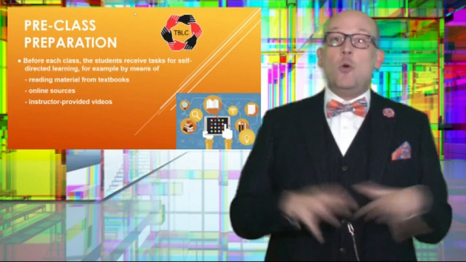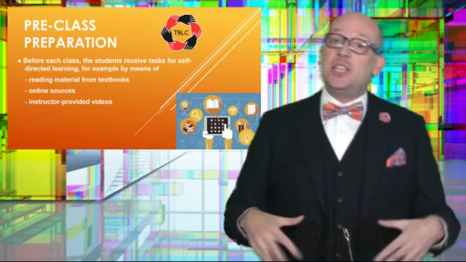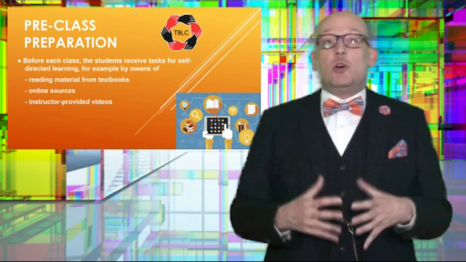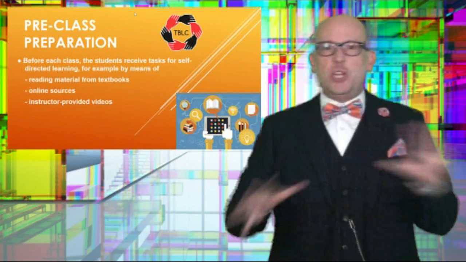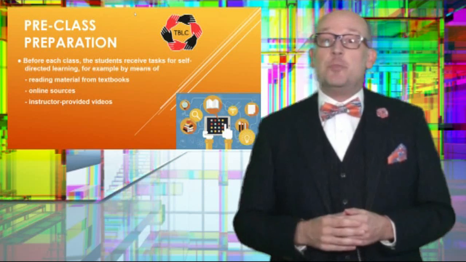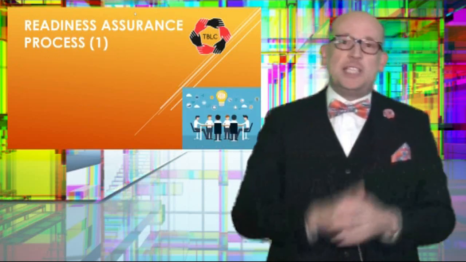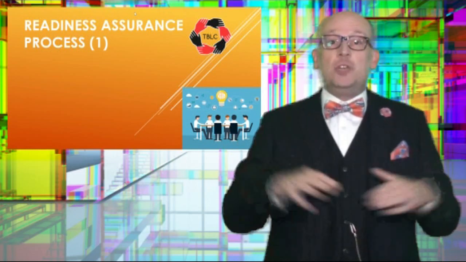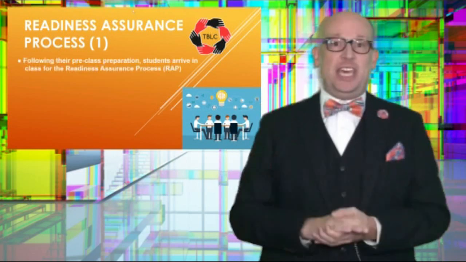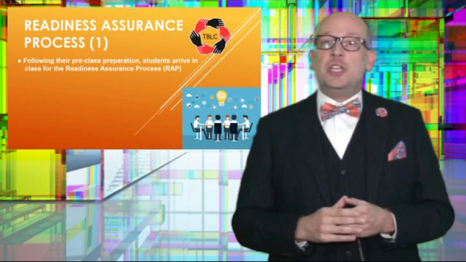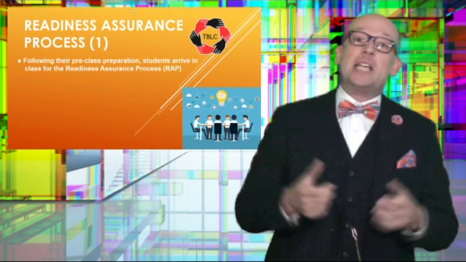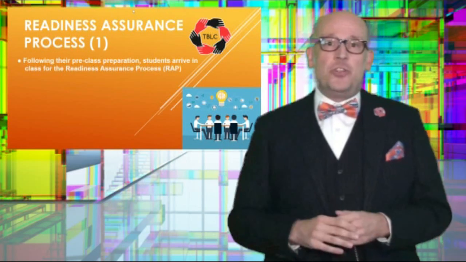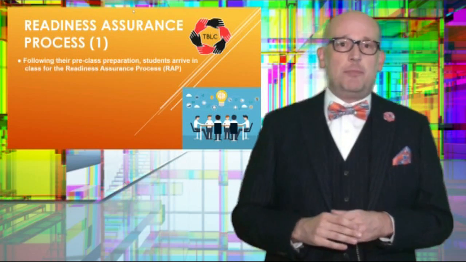When the students come to class, they enter the second stage of each team-based learning, the so-called readiness assurance process, for which about 20% of the in-class time should be reserved. It means that you, as the instructor, need to make sure that your students are ready for your in-class activity. But how can you check that? The first task for your students when they arrive in the classroom is to pass a short test, either multiple choice or fill-in-the-blank questions, based on the core content of pre-class preparation.